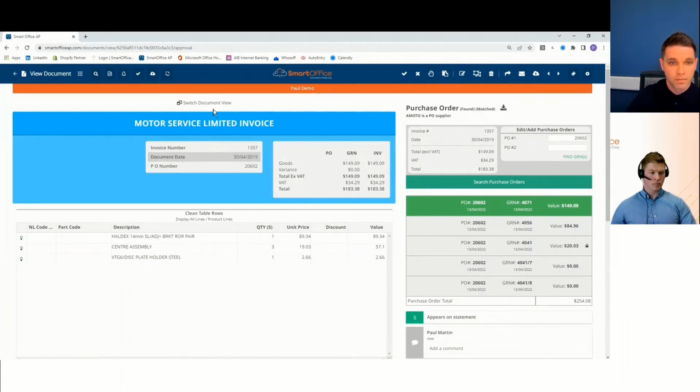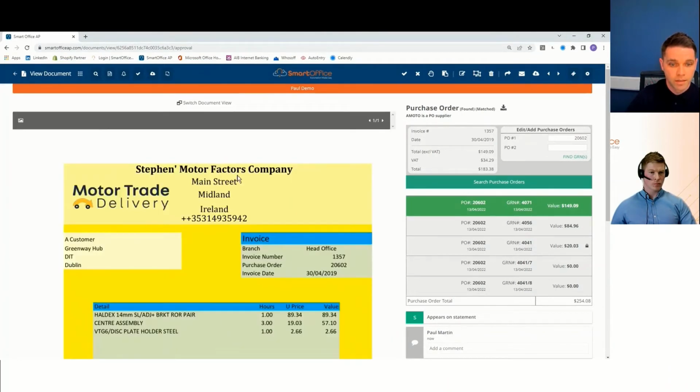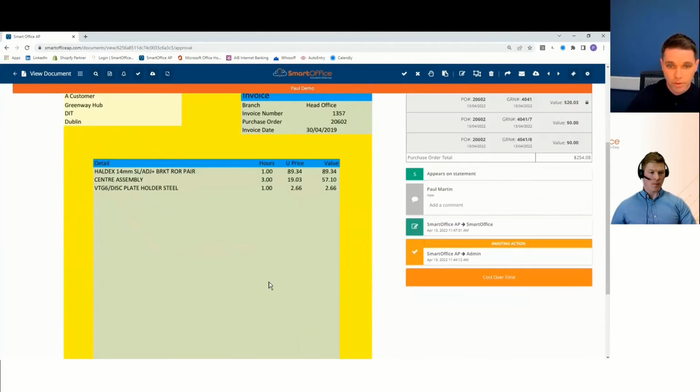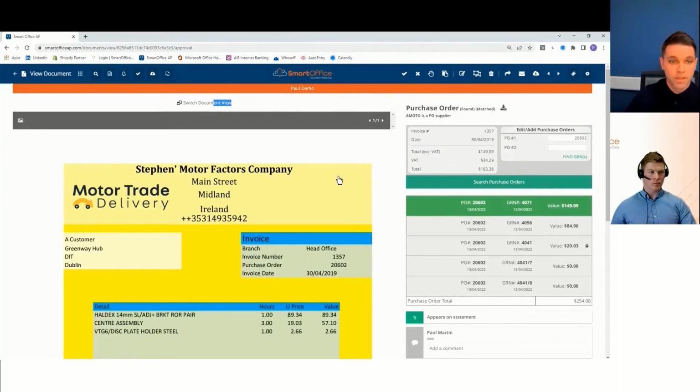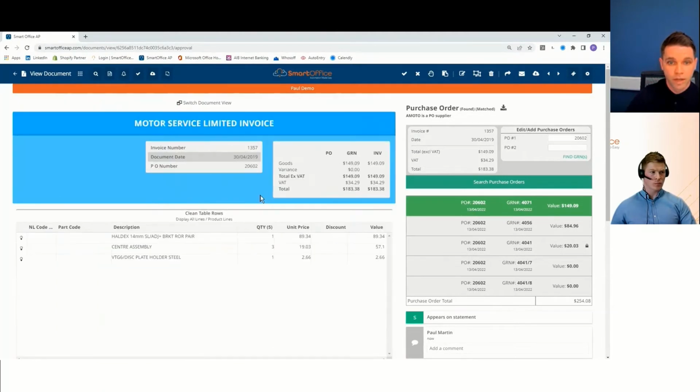So you'll see here, this invoice came in like this, VAT content at the bottom as per usual, invoice details here are references, and then a table of data. You'll see here, we've pulled all of the VAT detail up, all of the key data, and then we've got your table data here. On the right-hand side, we're showing you there's a GRN for this invoice. Is there a variance or not? VAT content, and does it match the invoice?